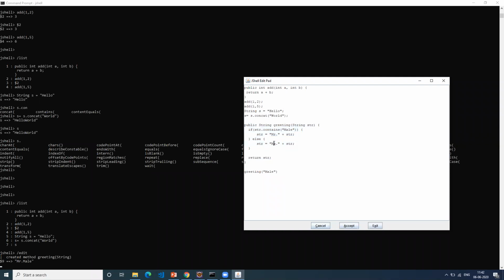So basically, if you're interested in writing code which has a business logic, take this method, put it in your code. That's all you have to do. Correct? That's the power of JShell. Okay, now as I told you, like a list, right? I can do a list also here.